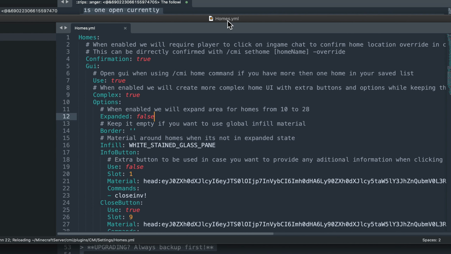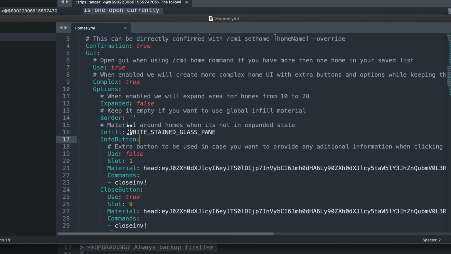And again, this is homes, that's underneath settings, underneath CMI in your plugins folder. So go to your server, plugins, CMI, settings, and now there's a dedicated configuration for that. Okay. Keep it empty if you want a global infill material. This means that if you have CMI library where it is dark black stained glass pane or something, that you can change this. For example,